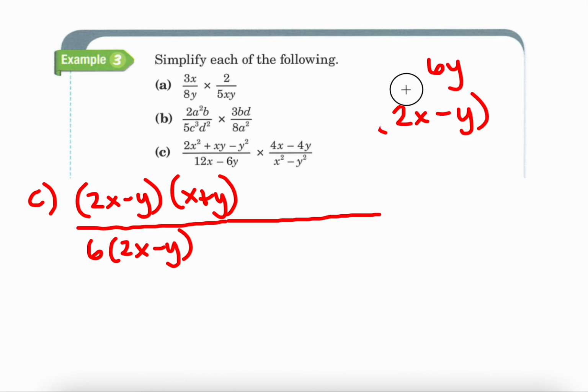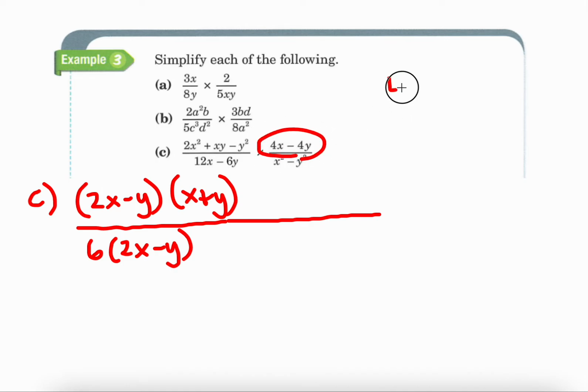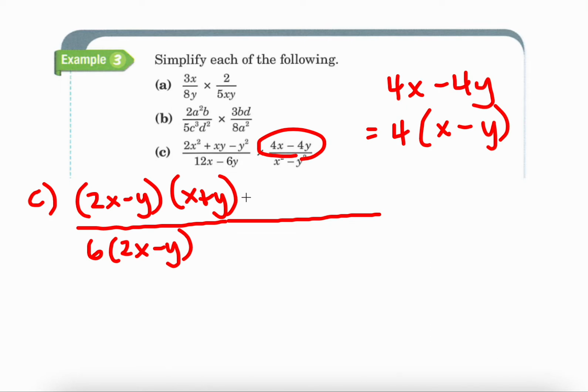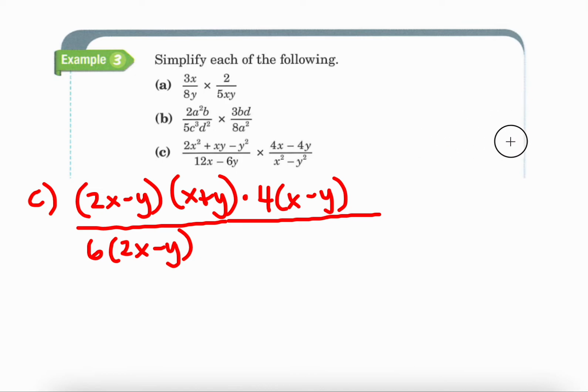So let's figure out this part over here, the numerator for our second fraction. I have 4x minus 4y. There's nothing else I can do other than take out what they have in common, which is that 4. So I end up with 4 times x minus y. And like I said, I can just rewrite it next to the numerator for my other fraction because it's multiplying across. So it'll just end up right next to it. And now I just have one more denominator to figure out, which is